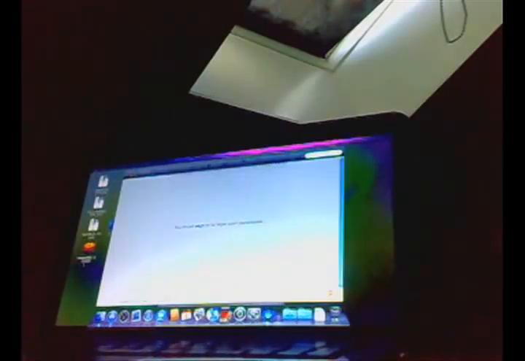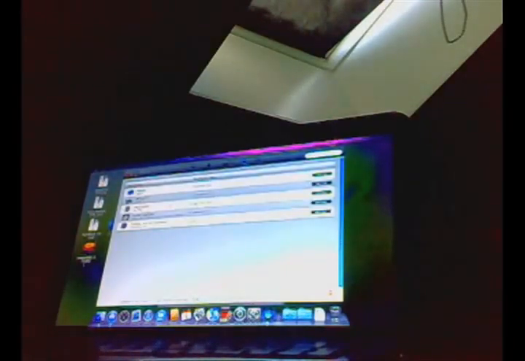Let's see if we are lucky to get App Store working. Yes, App Store's working. We have the App Store. And we are ready. Now we can install the apps and